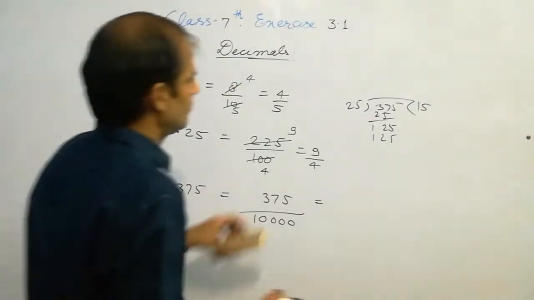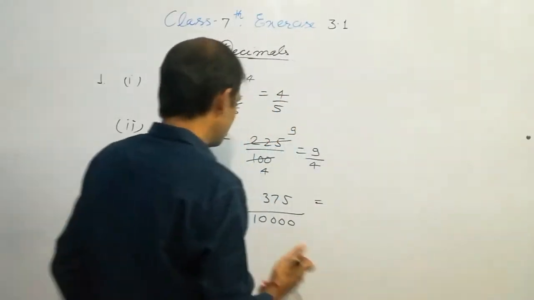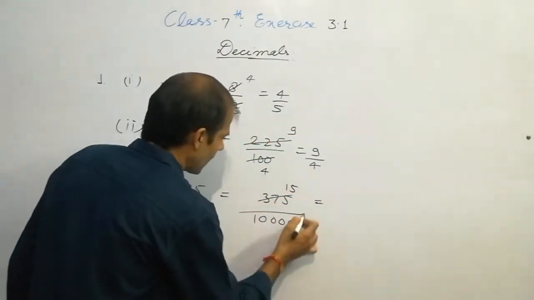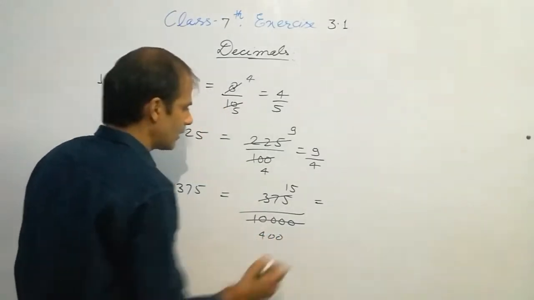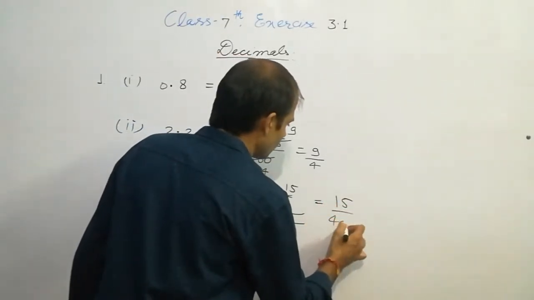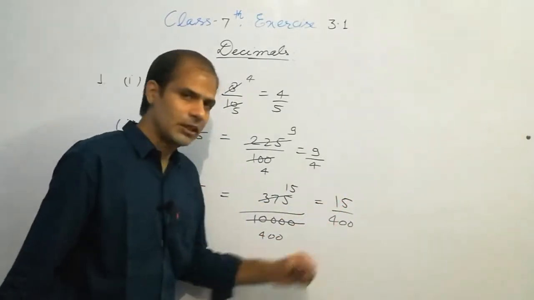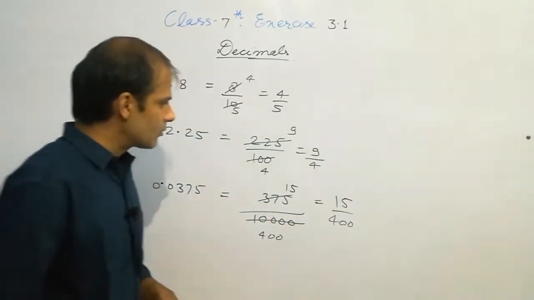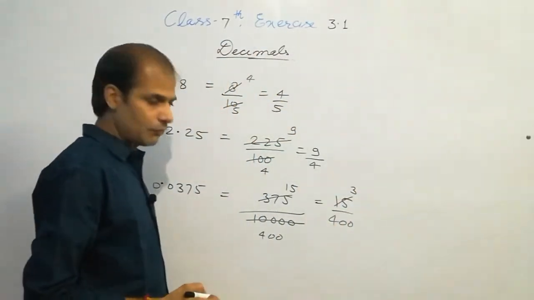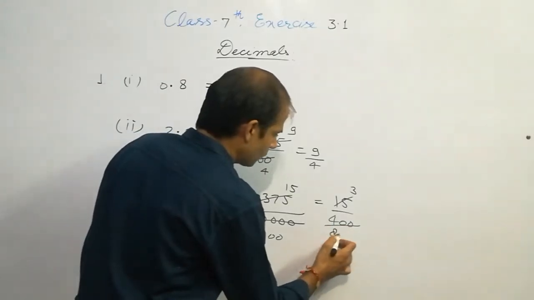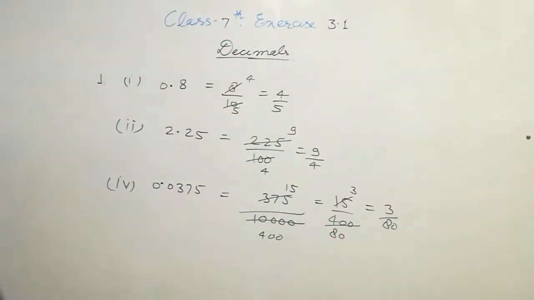Okay, so we can write 15 and it is 25 4 100, remaining 4 zeros we can write. Now it is 15 upon 400. Again check if both the numbers are divisible by 15 or not. So try to divide by 5. Okay, 5 3 ja 15, 5 8 ja 40 and it is 0. So the answer is 3 upon 80.